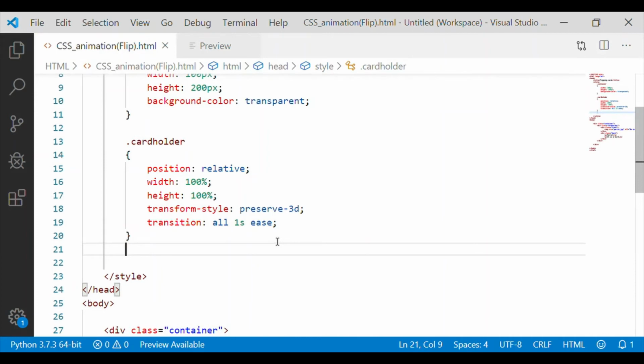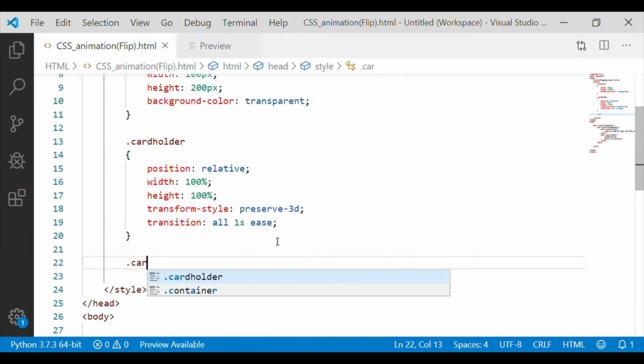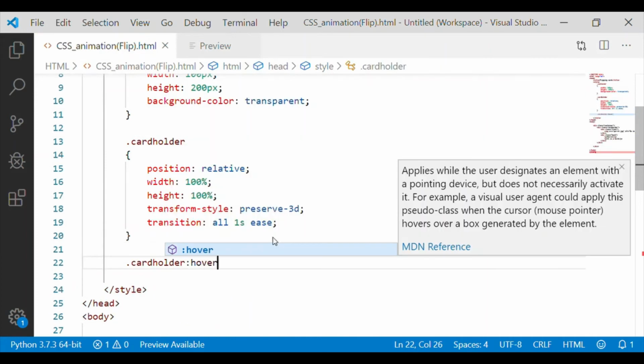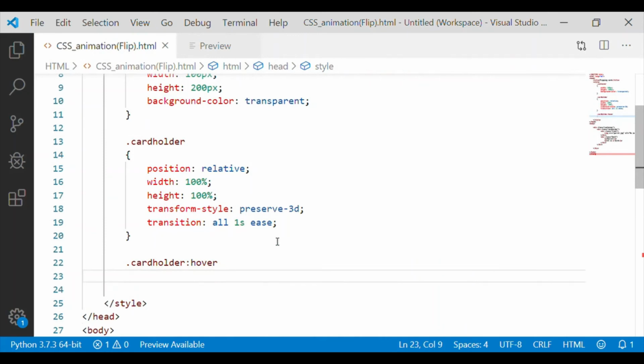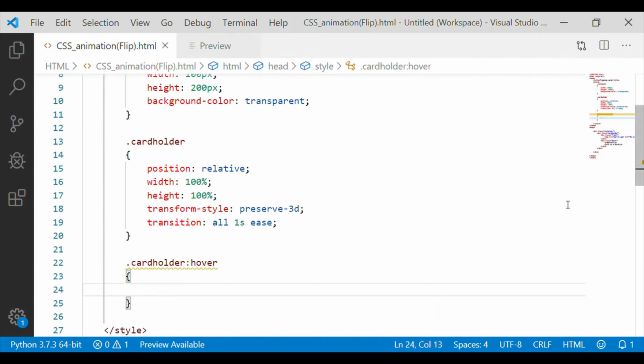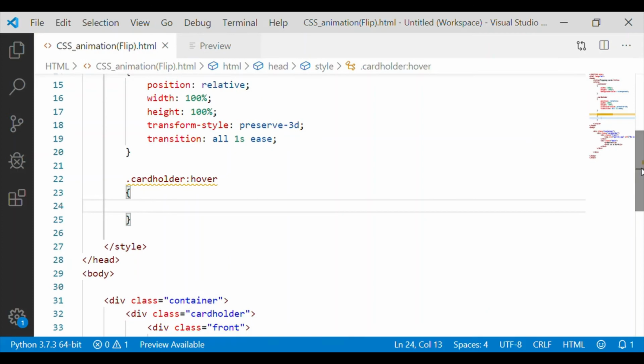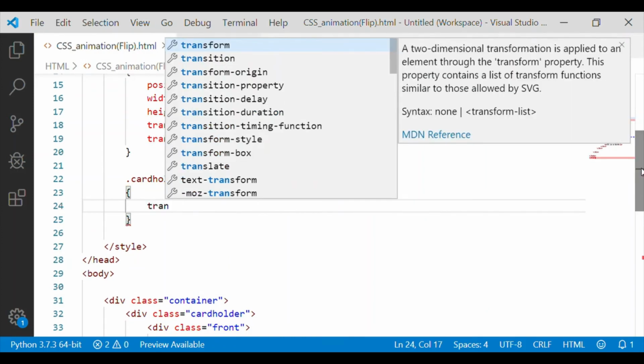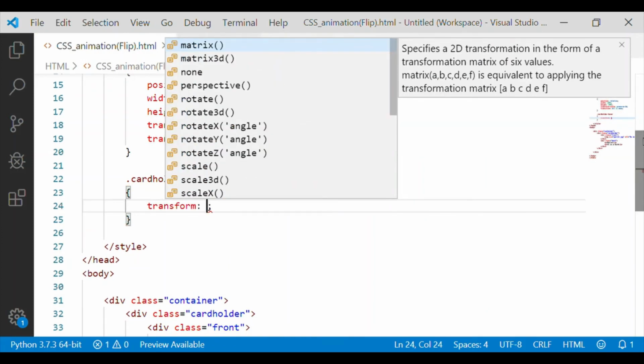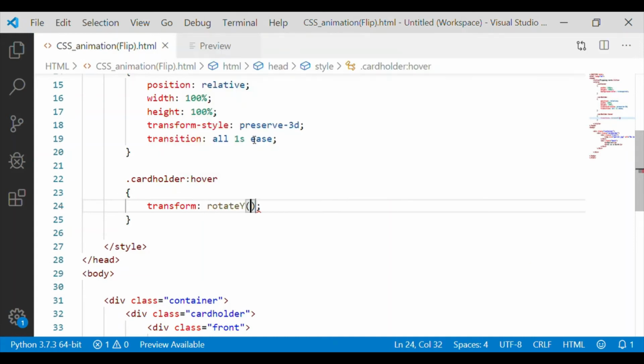So, on hovering over this card holder, div card holder class, we will transform it by 180 degrees. So we will take rotate along the y-axis by 180 degrees, so that it flips.